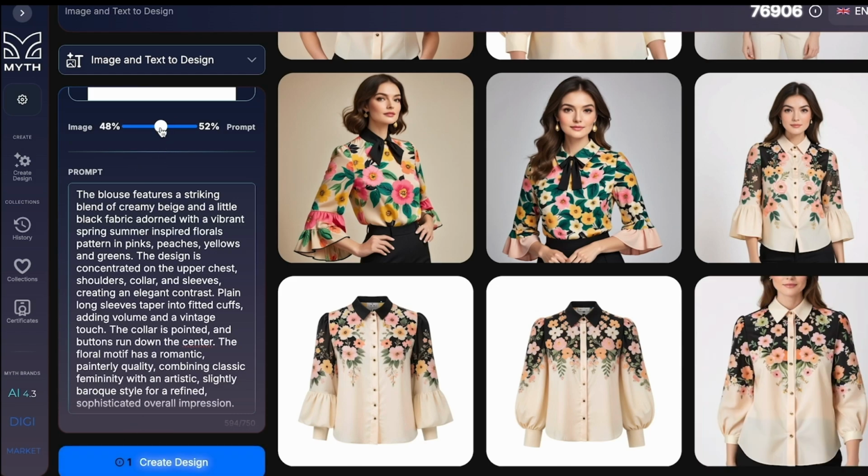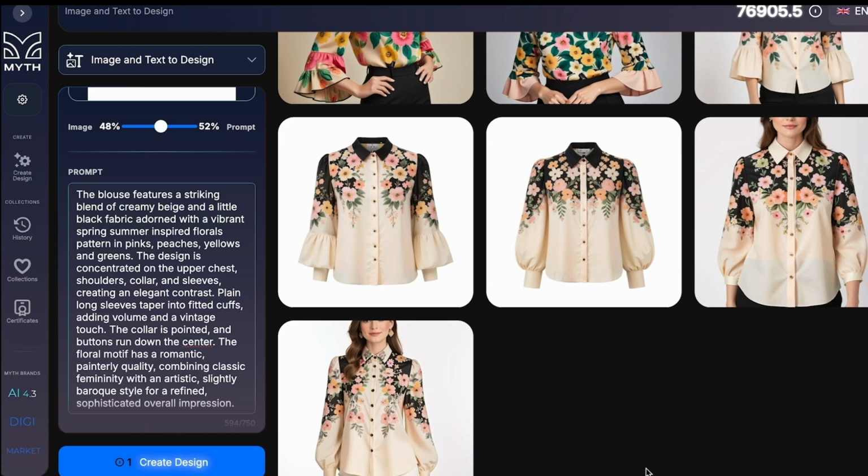That's image and text to design. Try it on any reference image and tell us in the